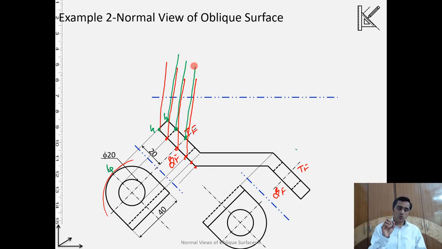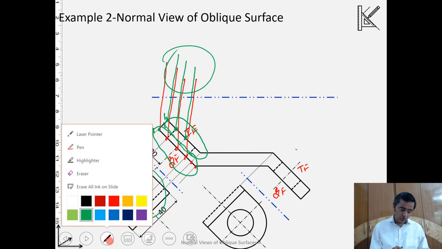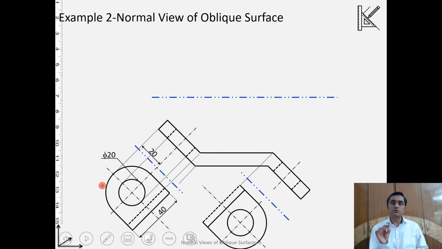So I have to project this shape corresponding to both bottom and the top onto the horizontal, and I will also have to be very careful about what will be visible to me and what will not be visible, so that I show it as the dashed line or the hidden lines. So let us do it.